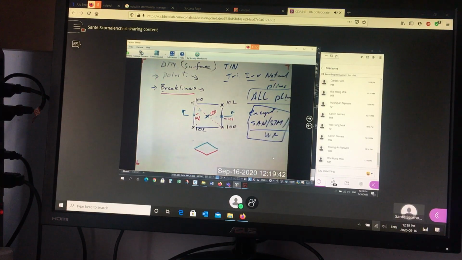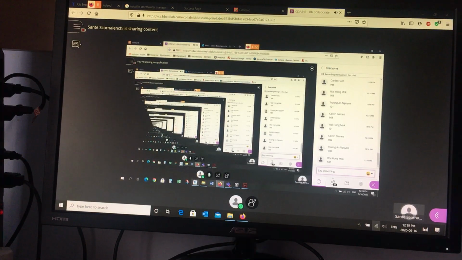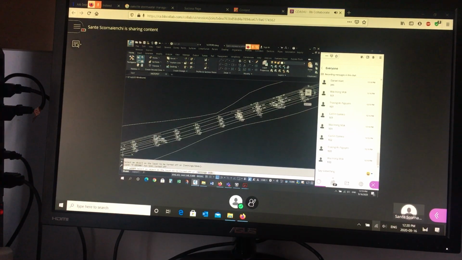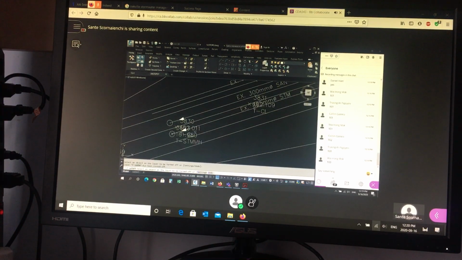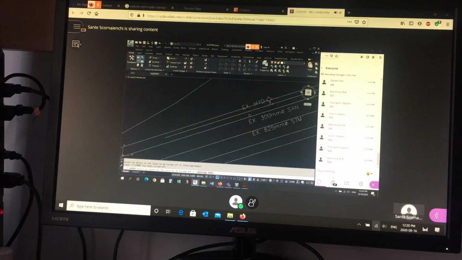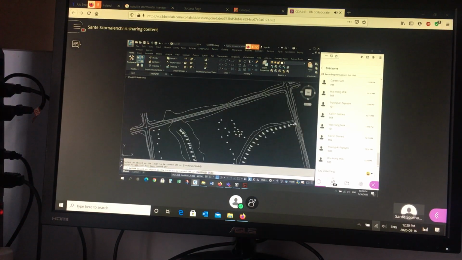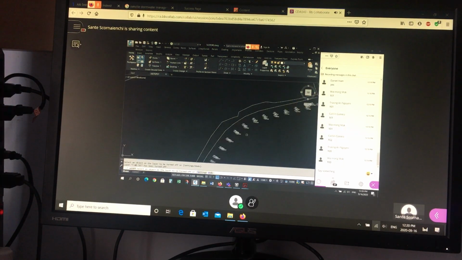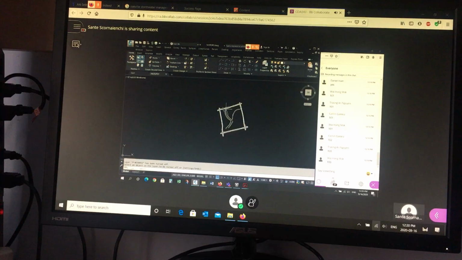Sorry, out of space. So if I go back to my drawing, you'll see, let me turn off all the points really quickly so you can see the lines. There are no points associated with the storm sewer, or the sanitary sewer, or the water main stuff. So anything related to those, you can turn them off. Everything else is a break line. So this information, these are all the break lines, right? One way of doing it